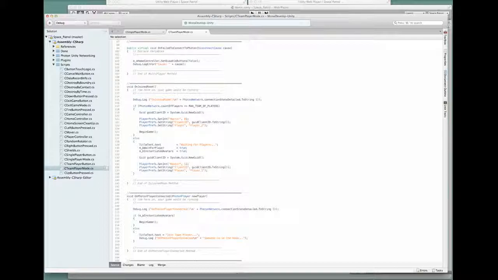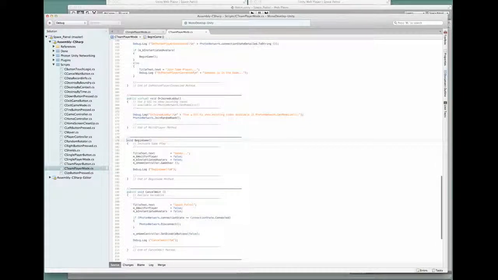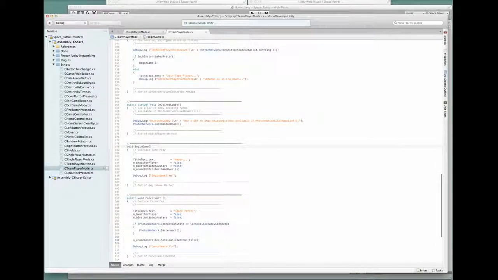Right? So if we go to the begin the game function, you'll see what it does is that it essentially does the same thing as it does in the single player game. The only difference is when we go and look at